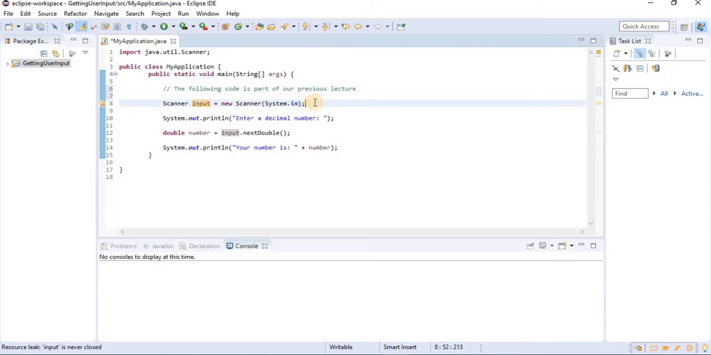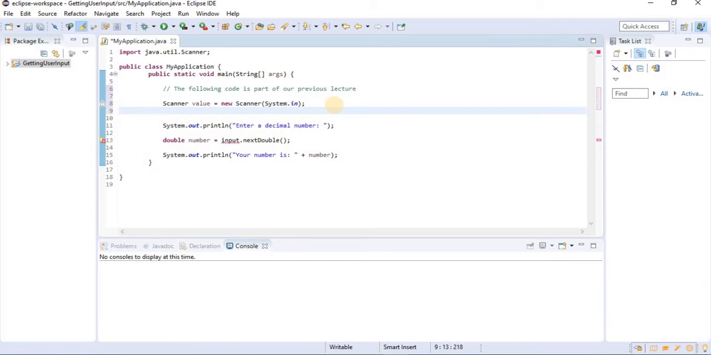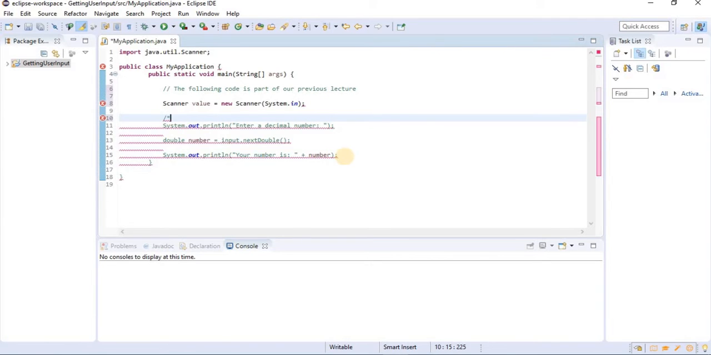And for today's lecture we're gonna need the scanner object, but I'm gonna change here the name to value. We won't use these 3 lines in this lecture. We could delete them, but instead I'm gonna comment them out and Java will not consider them part of our code. So to make a multi-line comment in Java, you can do a slash asterisk,